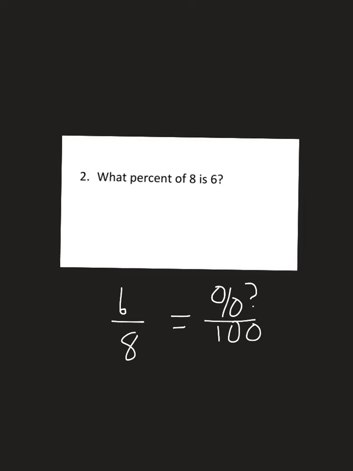So in order to solve this, 8's not a friendly number with 100. That relationship is not friendly. We're going to get an ugly number. So what we want to do is we want to simplify 6/8. And if we divide both 6 and 8 by 2, we will get 3/4. Now 3/4 is what percent of